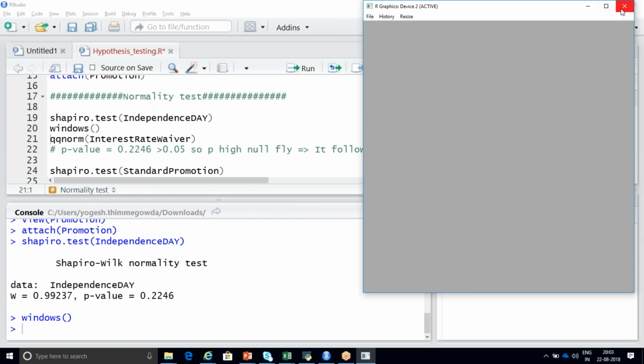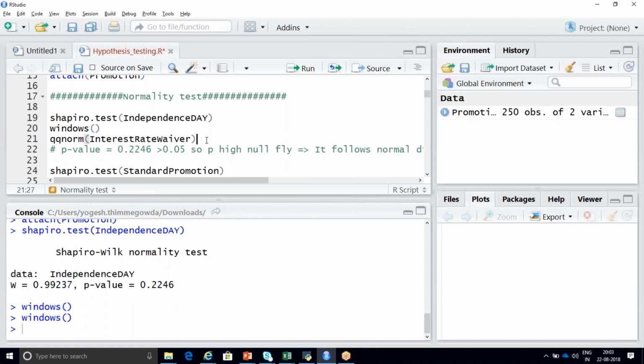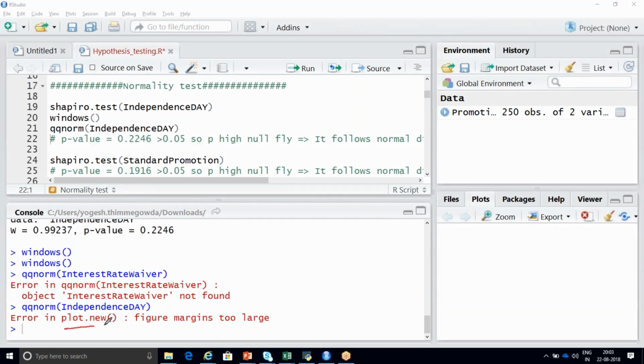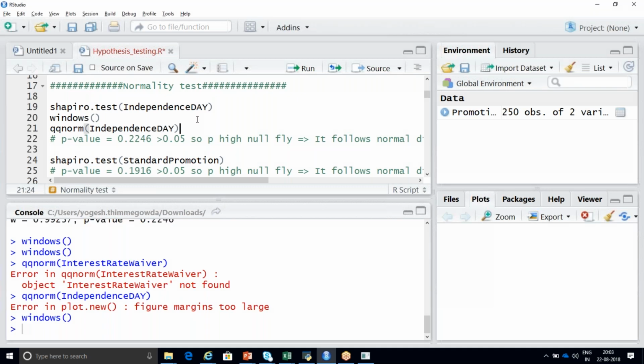If I run this QQ norm function directly, I get: error in plot, figure margins too large. So I'm going to open an external window by using the windows function, and then run this QQ norm for Independence Day. If I run this, I'm going to get a plot in my window.